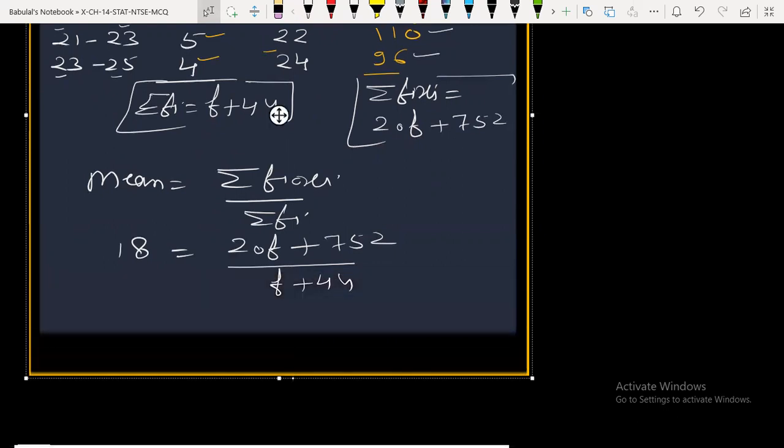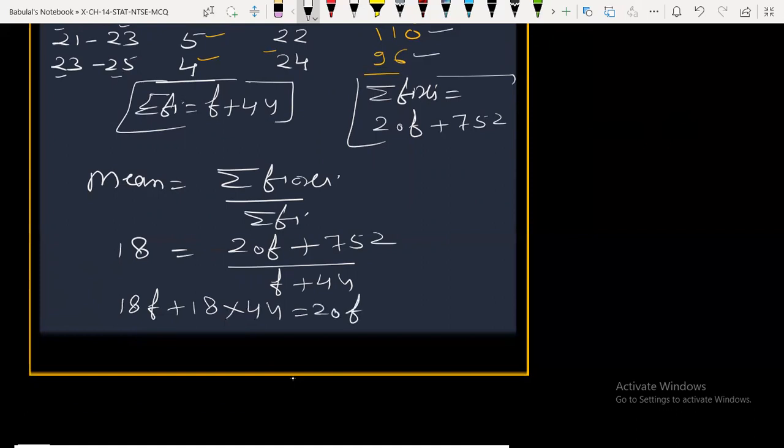You can write here 18 into f plus 18 into 44, that is 792, equals 20f plus 752. So again, we can write 20f minus 18f, that is, sorry, it is 792. This is 792. Please make it correct. इसको ठीक कर लीजिएगा. ये जो sum है,